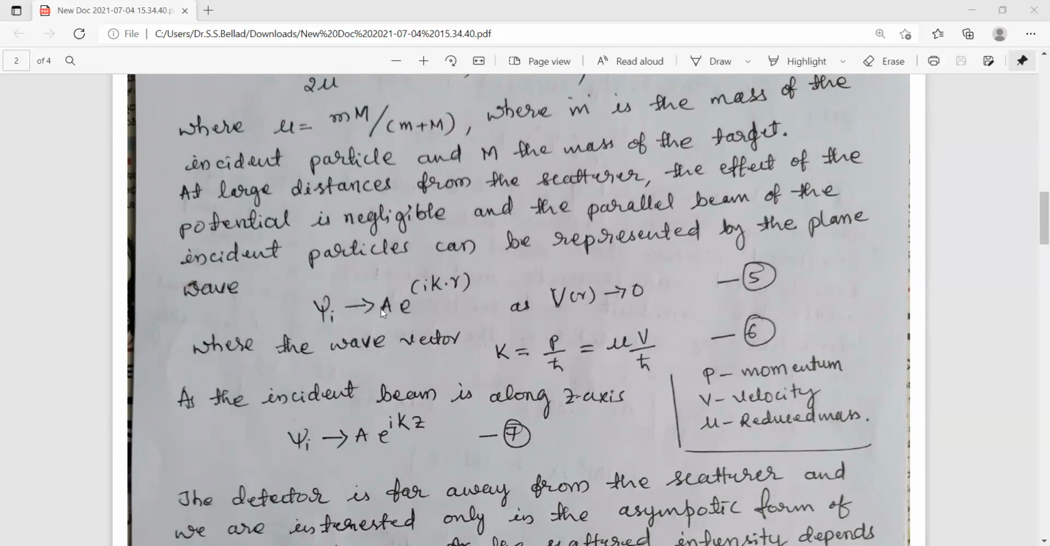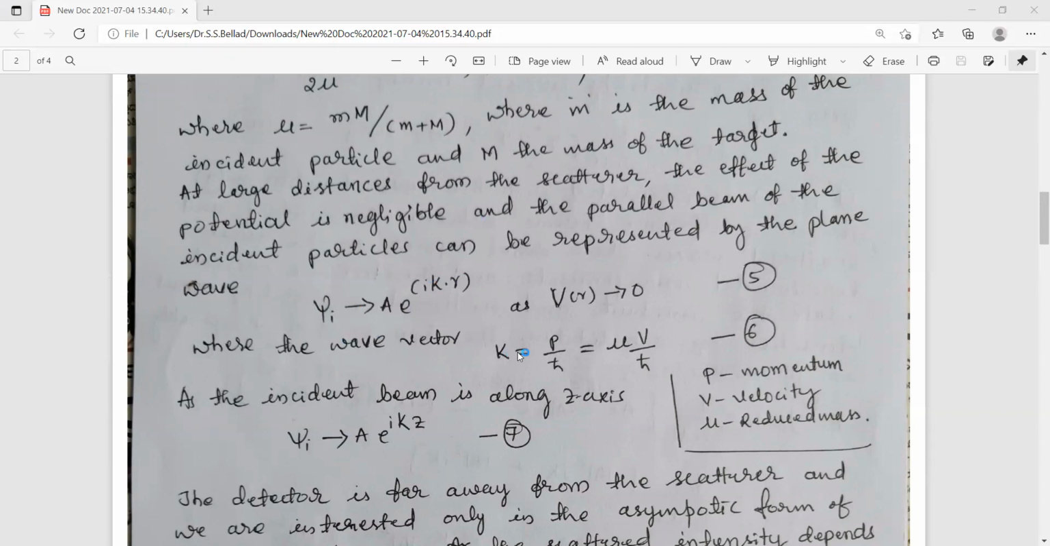That means this is the wave equation before the particle reaches near the scatterer. We assume that the potential is tending to zero because it is a function of the distance between the two particles. And this is the wave equation when the incoming particle is at a sufficiently longer distance from the scatterer. So that we are representing as a plane wave. So this is a plane wave, and this is the amplitude of this wave, where A is the amplitude of this wave. And this K